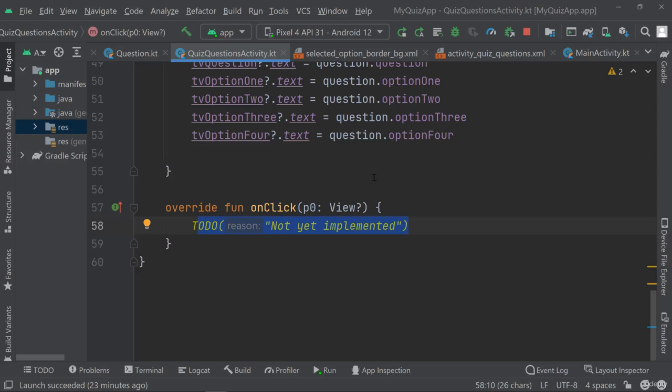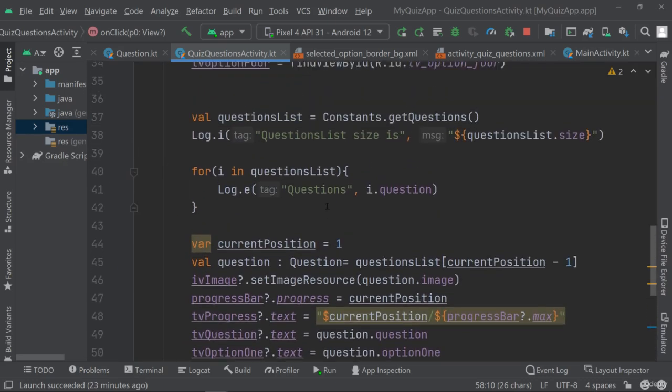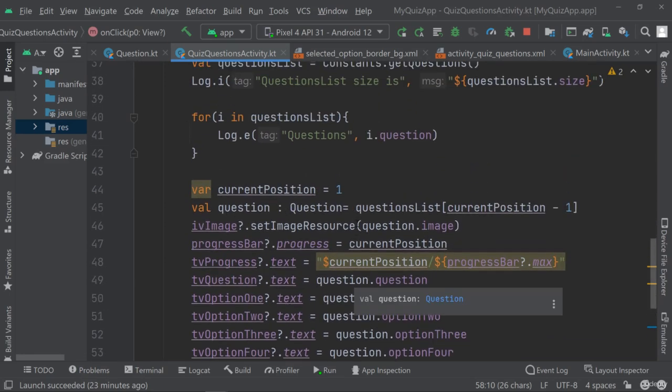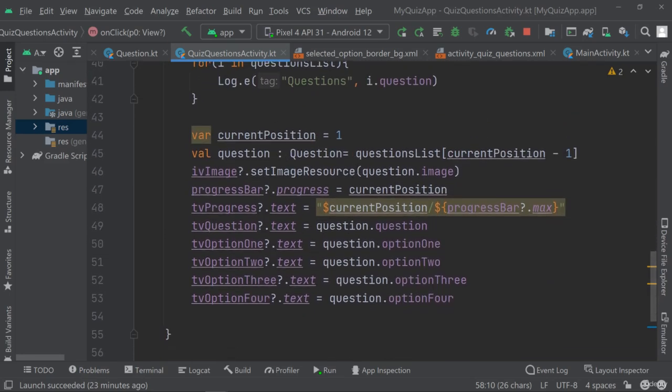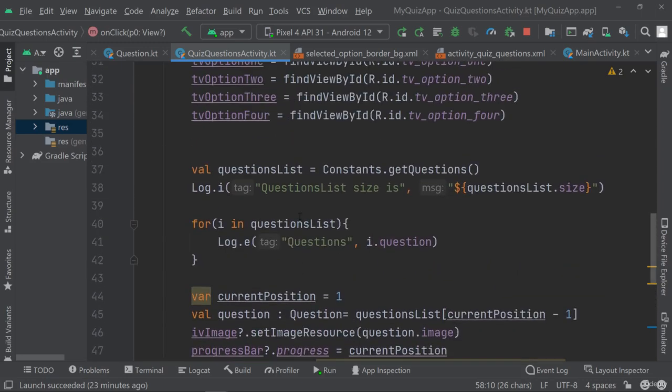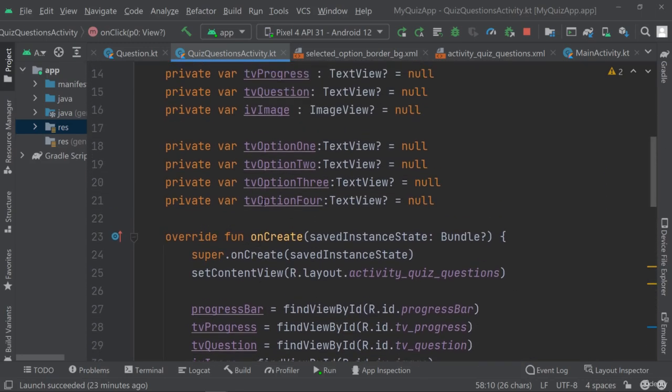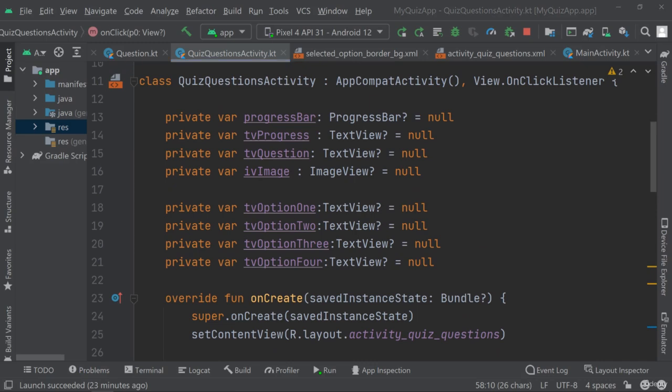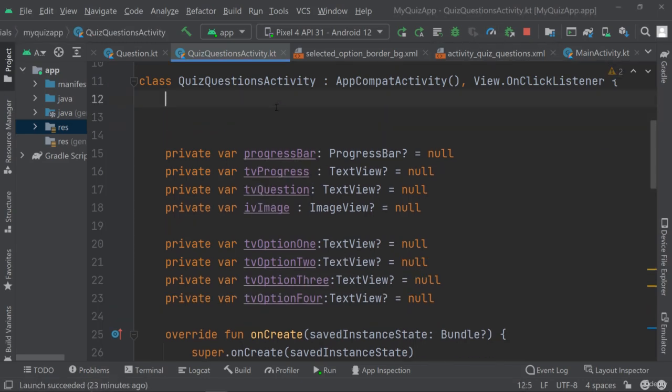So first of all, we have this big code where we assign the questions, where we get the current position and so forth. We will need to change that because I don't want everything to be in the onCreate method. We will need to separate it clearly. And then it will be a lot easier to read our code and understand what's up in the code and so forth. Therefore, what I will need to create are going to be a couple of private variables up here,